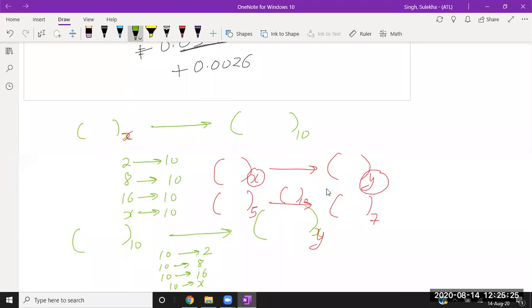Whenever you want to convert any arbitrary base, anything to anything, you need to go through the decimal number system, and this is the standard way. And we have developed some shortcuts also for dealing with octal, binary, hexadecimal numbers, because in digital communication or in digital electronics, we are mainly dealing with our decimal number system, octal, hexadecimal, and binary number system,